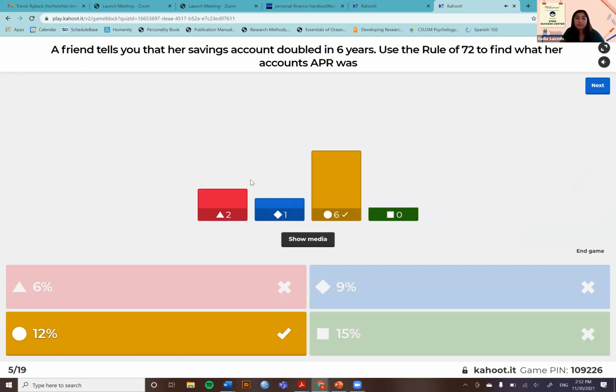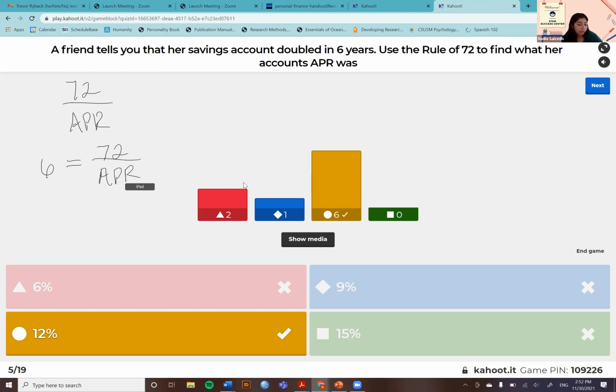All right. Okay, so most of you did get this one, but I'll go over it since there were a few different answers. So the rule of 72, we did another problem with 72 divided by APR. That gives us our rule of 72. And in this case, we knew that the doubling time was 6 years. So we could set that equal to the rule of 72 formula